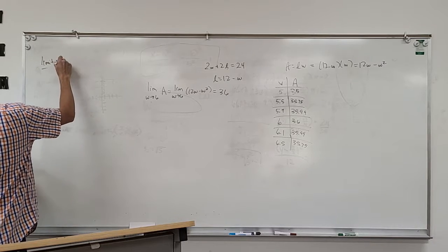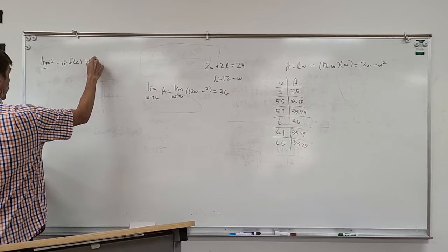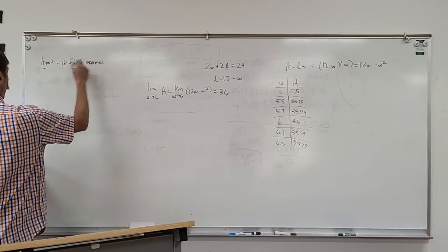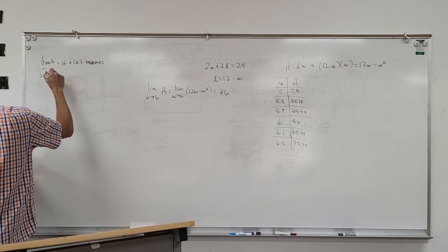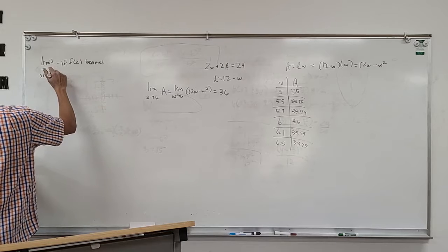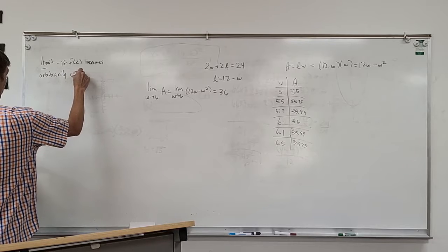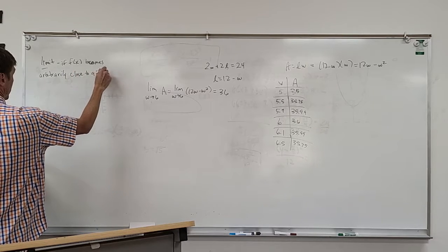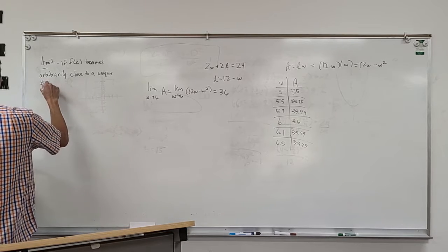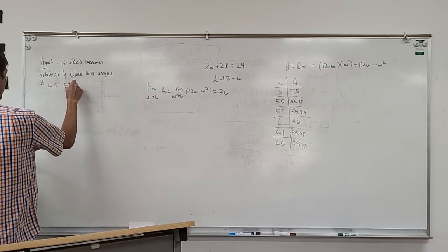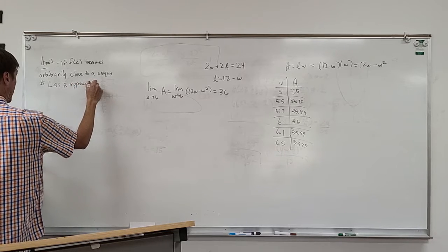And it says if f of x becomes arbitrarily close to a unique number L as x approaches c